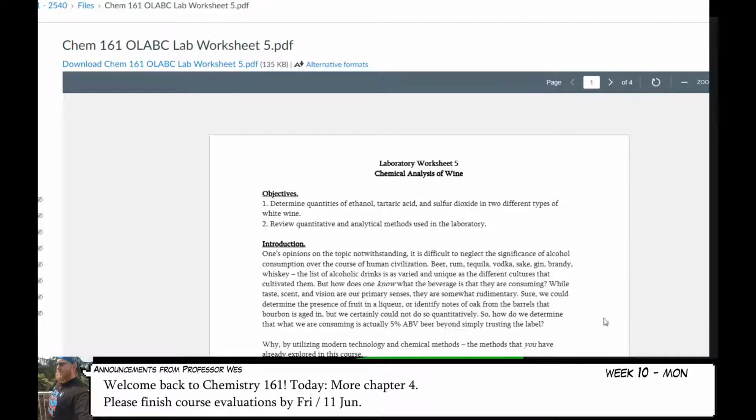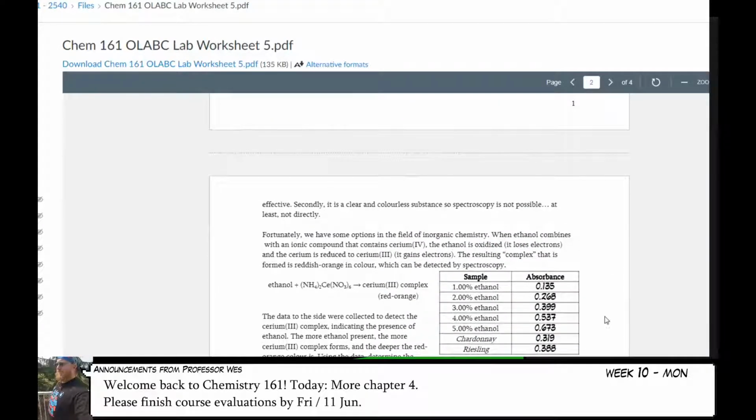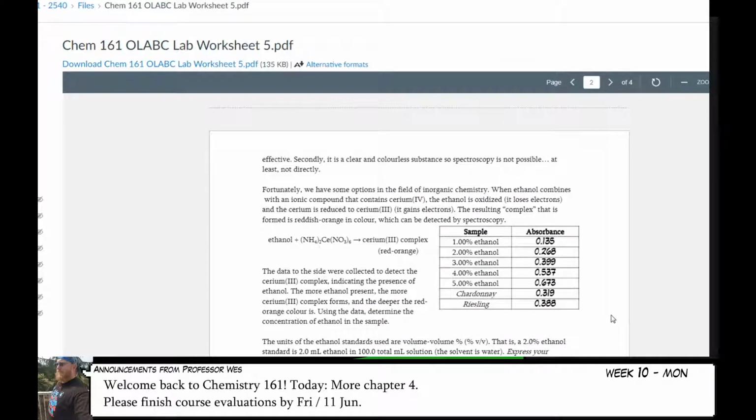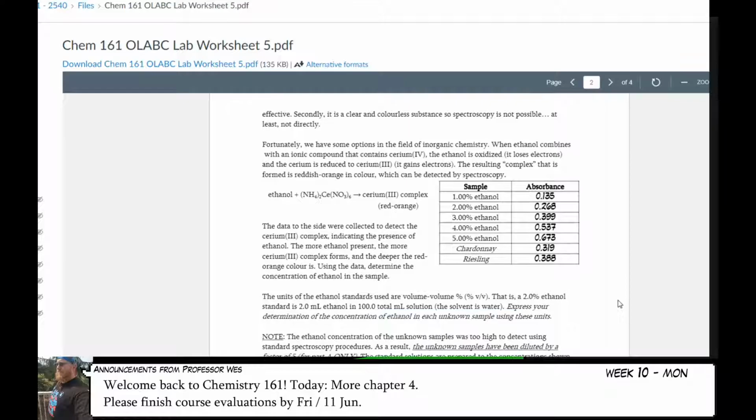And the way that you're going to do this, you should immediately know what to do when I talk about these. So, to determine ethanol, we mix ethanol with a sample of ammonium cerium nitrate, and what ends up happening is you get this reddish-orange substance that can be detected using Beer's law. So I have run a standard set of solutions through a Beer's law absorbance spectra, and then we measured, doing the same process with Chardonnay and Riesling wine samples, what their absorbance was. So you should be able to tell me how much ethanol is in there. Very important